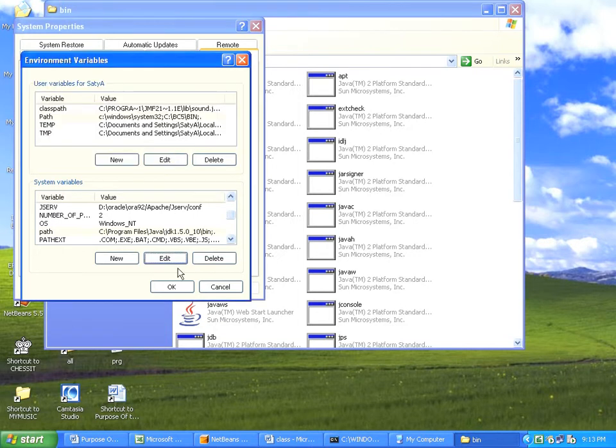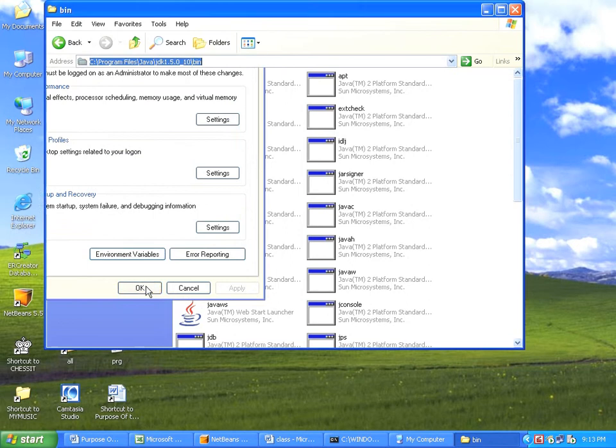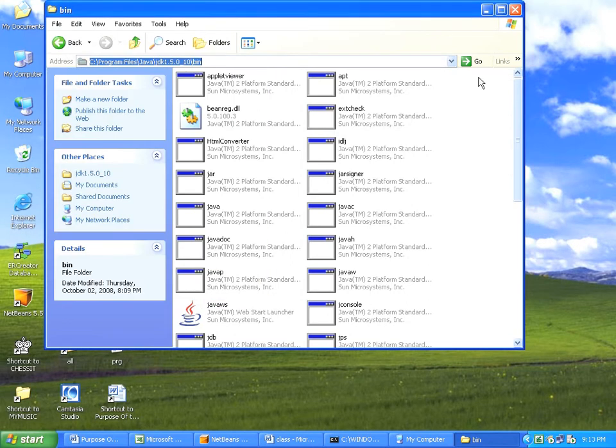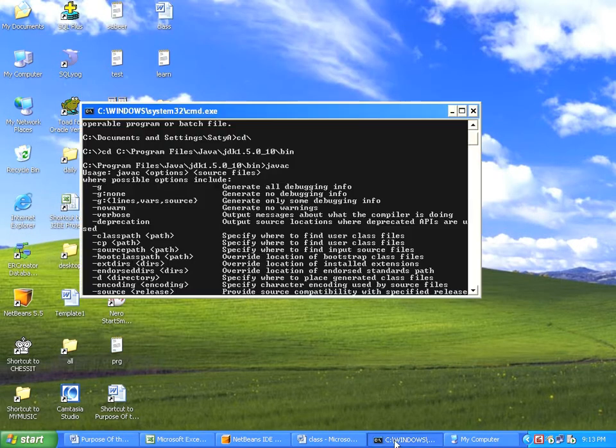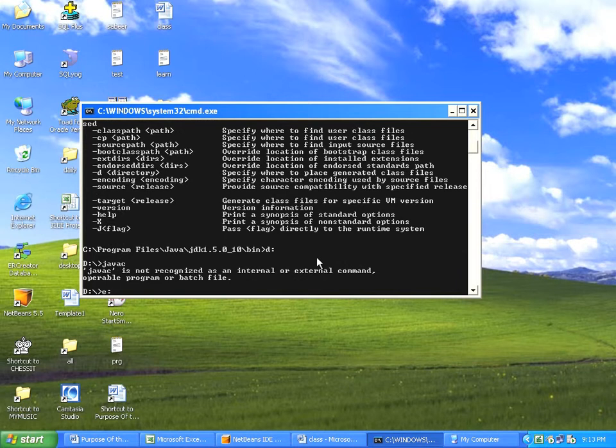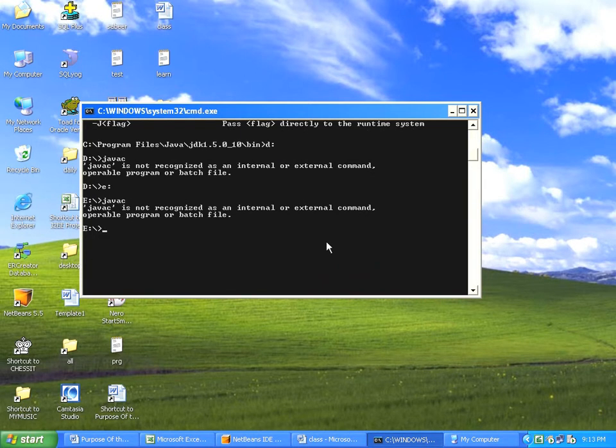Okay. Now we have set the path, no? But we should not work in the same command prompt. It will not take effect. Understand? See, I am typing javac again, still it won't work. What is the reason? You have modified everything, but this command prompt is already existing, right? So it will not take effect. After setting the path, we need to open the command prompt freshly. Then only it takes effect. Exit, okay.